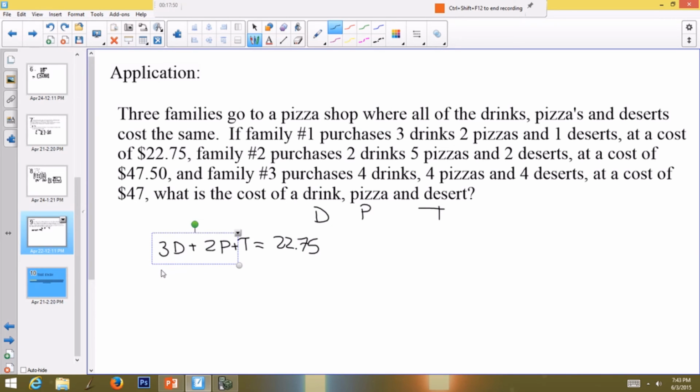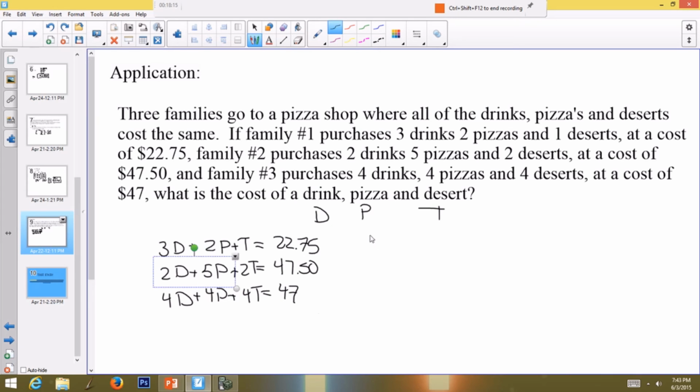Family 2 had 2D, 5P, and 2T, and that cost them $47.50. And then family 3 had 4D plus 4P plus 4T, and that cost them